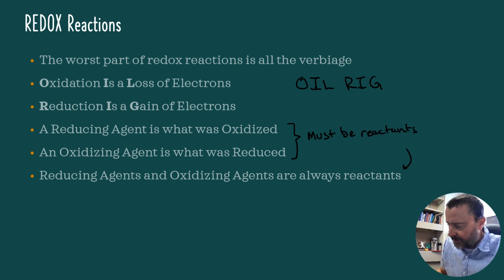Oh, I said that right there, didn't I? I didn't even notice that I said it. But they all have to be reactants, so if I do ask you, what is a reducing agent, or what species was oxidized, or something like that, at least narrow it down to the things that are reactants and get rid of the things that are products, because those can't be